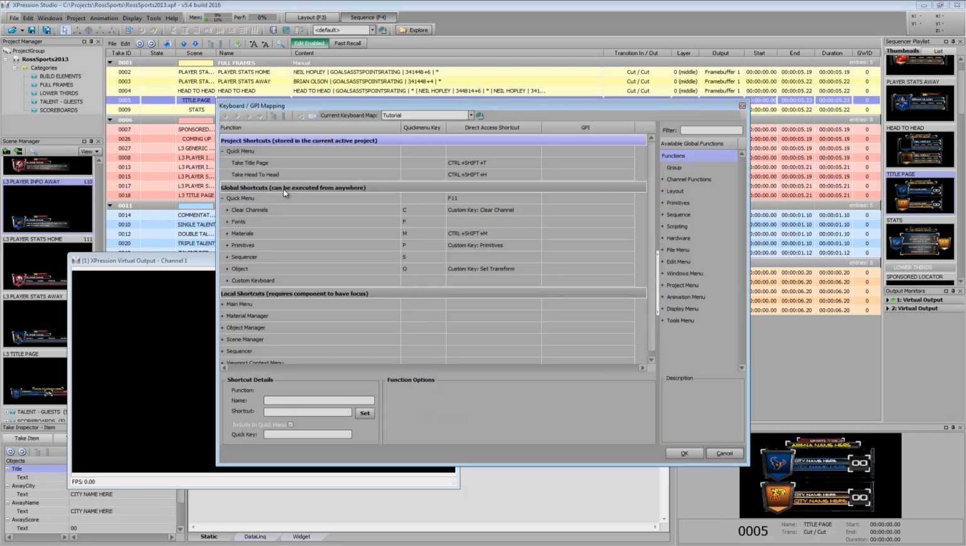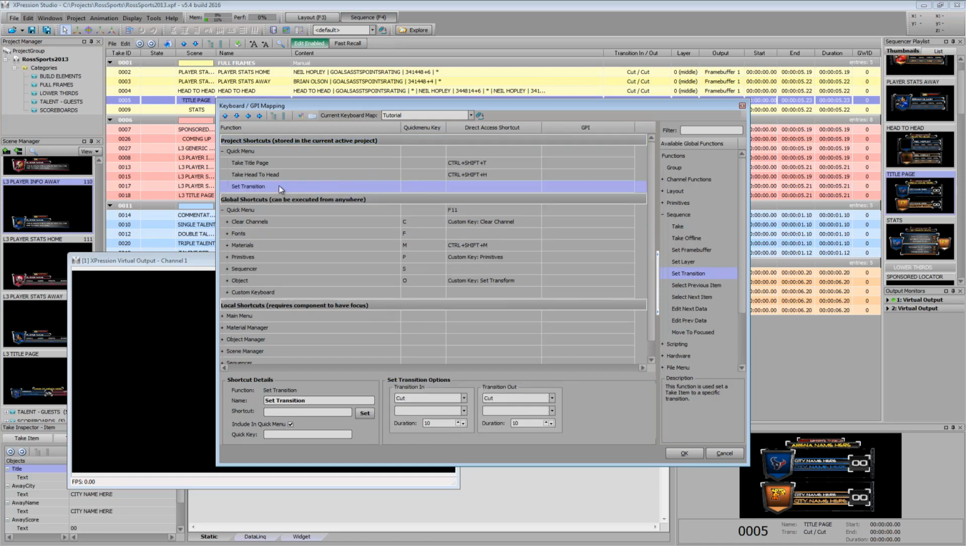So let's go back into the keyboard mapping menu and take a look at some of the other options that we could put into our shortcuts list here. Under the sequence group, you'll find some very useful ones such as set frame buffer, set layer, set transition. So let's say we wanted a shortcut that would switch a graphic from a cut to a dissolve. I can drag a set transition in. Let's edit the name just to make it more clear to us. Call it set transition dissolve, and I want this to set the in transition and the out transition both to dissolves. Let's say 15 frames,